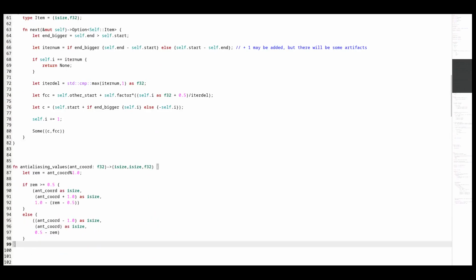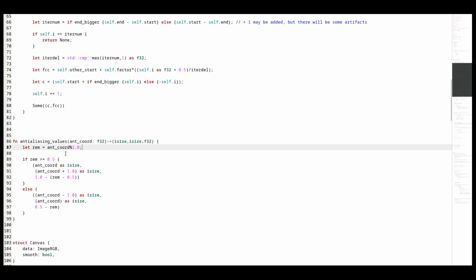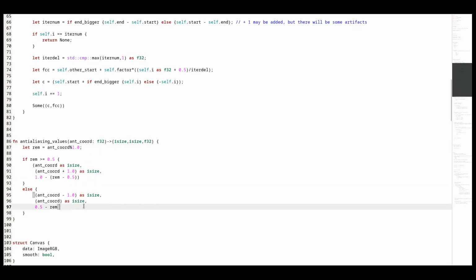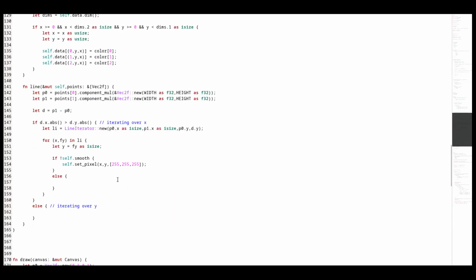Now we need a function for Xiaolin Wu's algorithm. I named it anti-aliasing values. This algorithm works as the previous one, but it colors two pixels of the opposite coordinate. Saturation depends on the distance from the pixel center to the line's opposite coordinate.